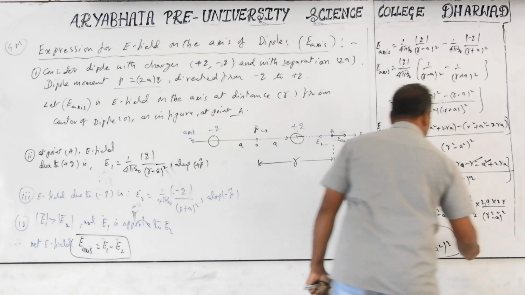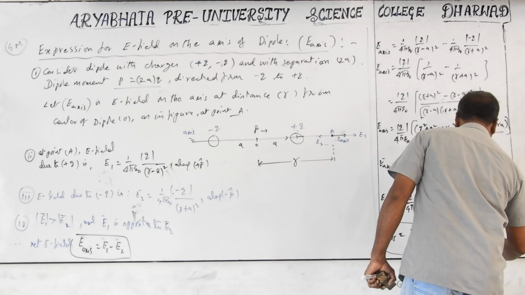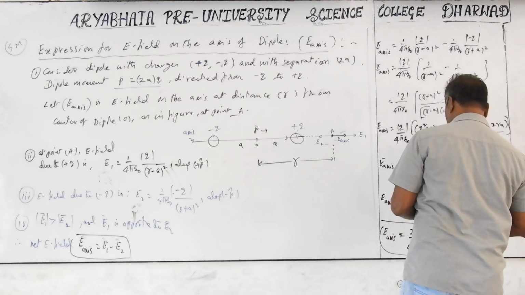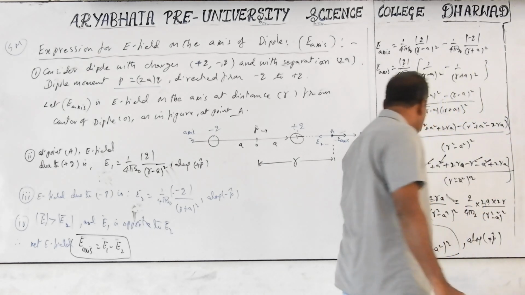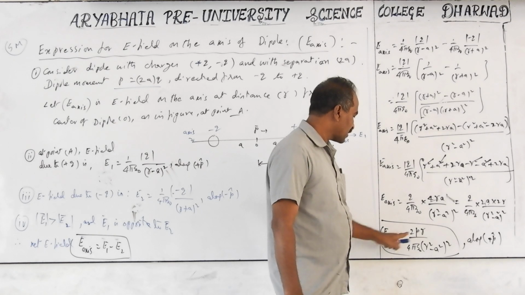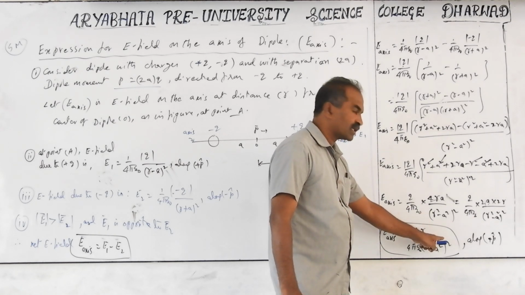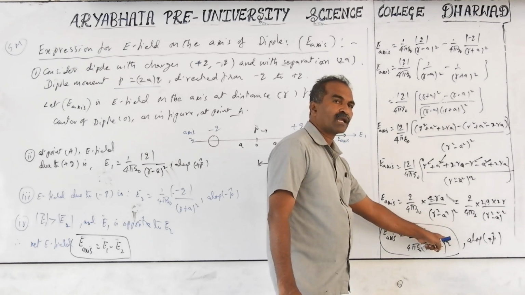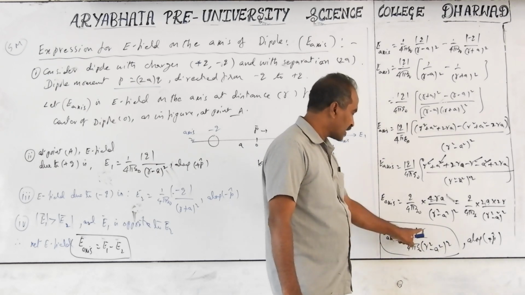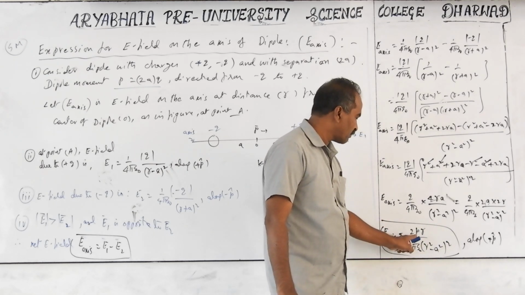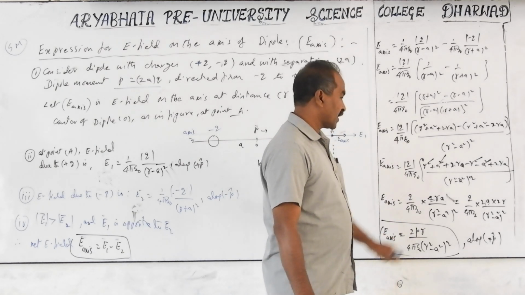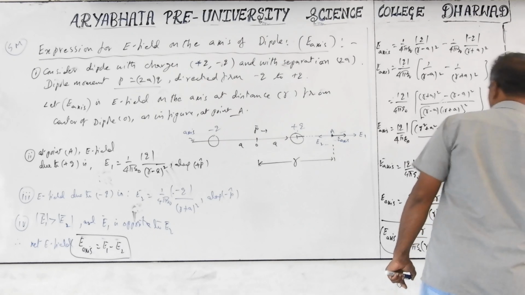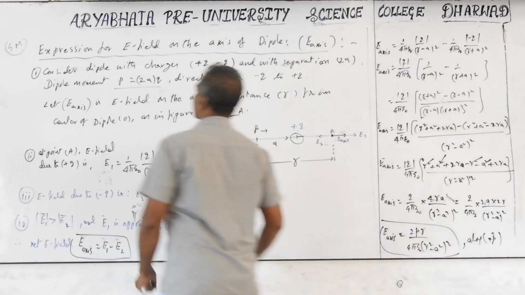Direction we have to mention: this is along p, in the direction of p. We can also mention this in vector form. Wherever p is there, we can write p bar, or we multiply with the p cap, or we can multiply with the r cap, the position vector. But in the numerator we can take p bar itself, along p bar. Okay, this expression you need to remember directly.